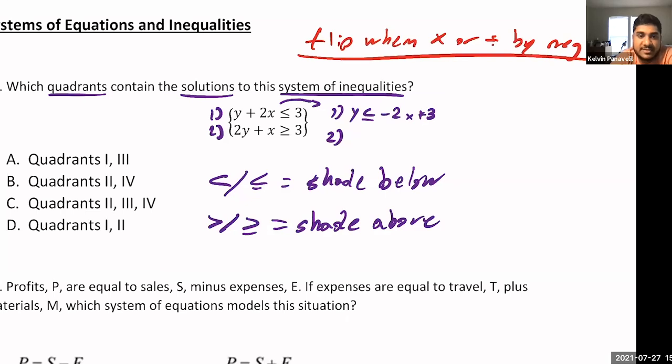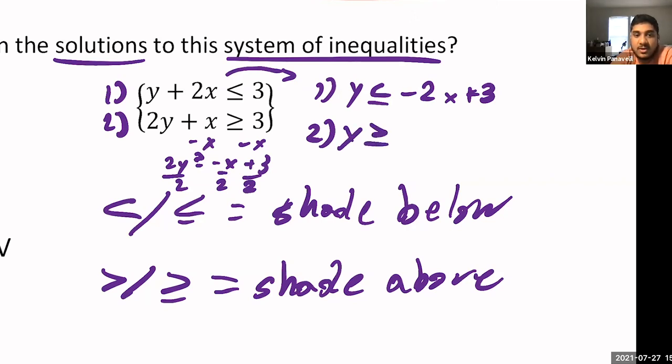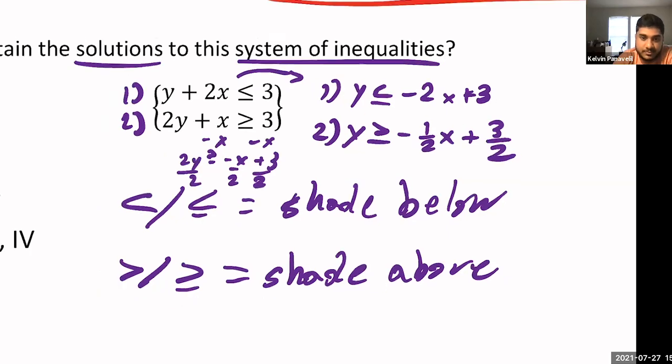And let's look at equation 2, right? To get y by itself, first we're going to subtract x. So you subtract x, and then you have to divide by what in the chat? Subtract x, and then divide by 2, right? Divide by 2, so find that equation. Again, 2 is positive, so the inequality sign does not flip. So it'll be y is greater than or equal to negative 1/2 x plus 3 over 2, okay?